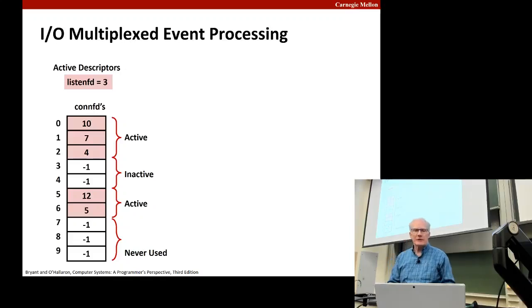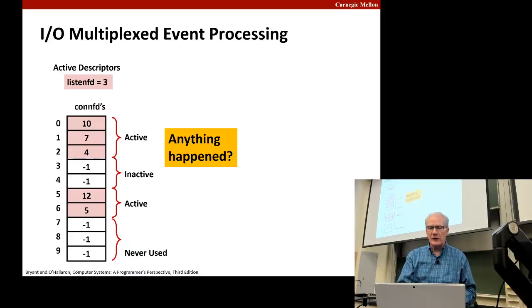Well, the idea of I/O multiplexing is basically that you can create this array of all the file descriptors you're maintaining, and then you set a mask to say, I want to see if there's any incoming information on any of these file descriptors. And if so, tell me which ones are there. And so you can just run this